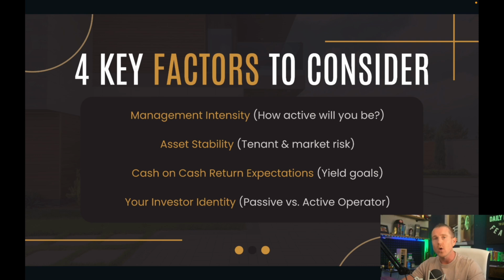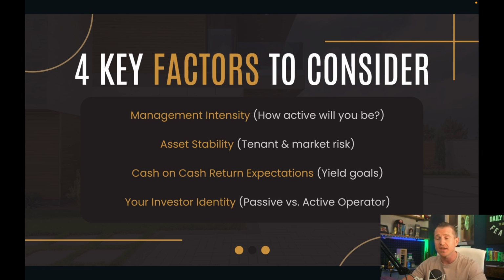So think about what kind of tenants you want to deal with. Are those mom and pop type of tenants? Do you want to deal with national brands like Starbucks and TJ Maxx? Because each of those tenant profiles is going to have pros and cons. So understanding the types of tenants, the type of asset, and the market you find it in is going to determine the stability and/or the risks that come with that particular investment asset type and the strategy that goes along with it.